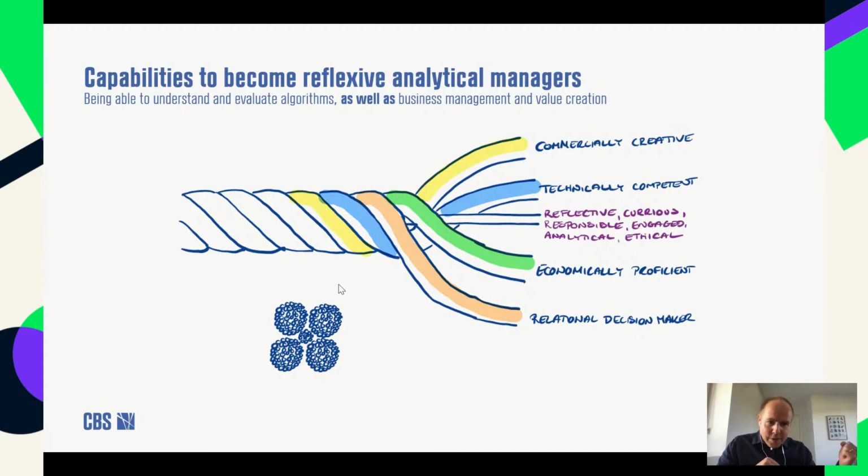Importantly, within the core of this kind of lifelong learning rope that they are tying, we want them to develop reflexivity, curiosity, be responsible and engaged, and then have this analytical mindset and ethical awareness. These are some of the core values that are built into the program and are also reflecting the Nordic 9 of CBS. In terms of DataCamp, we are now leaving the business analytic course, but they're venturing on to electives